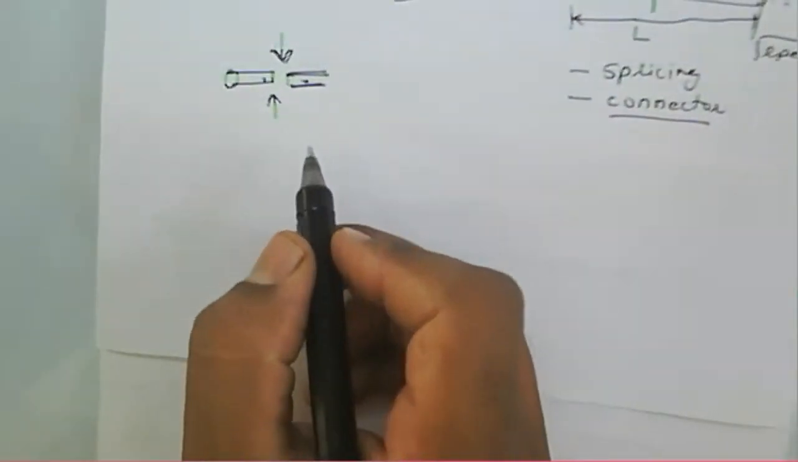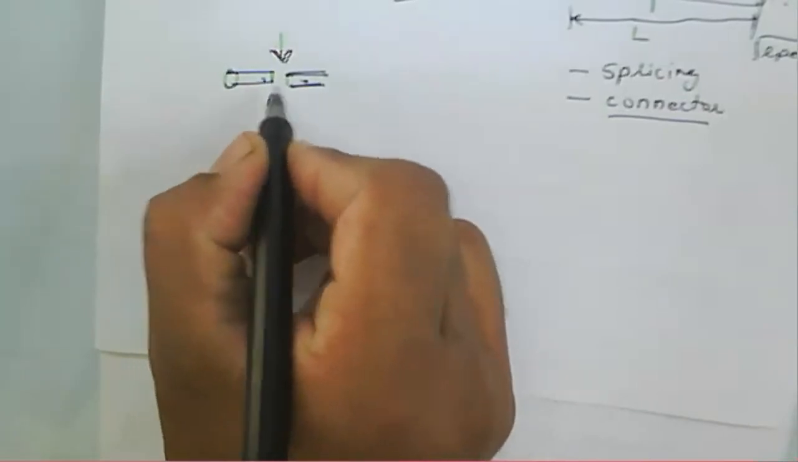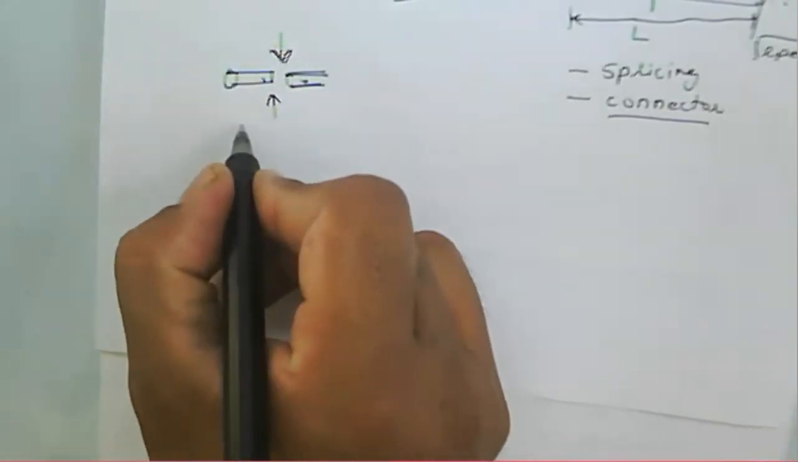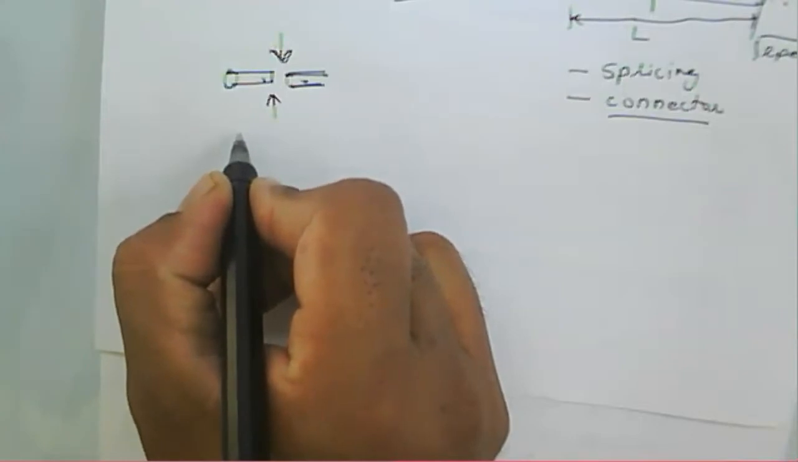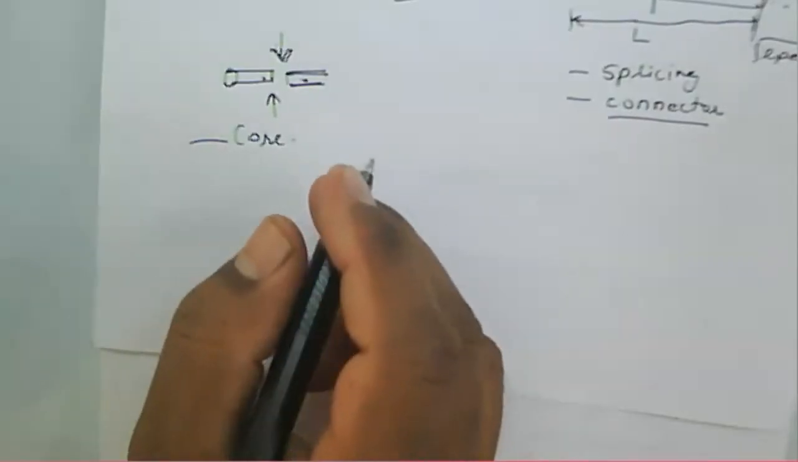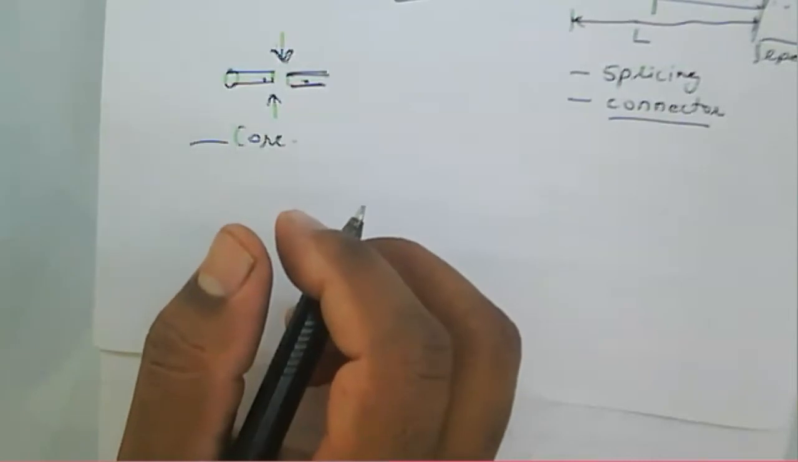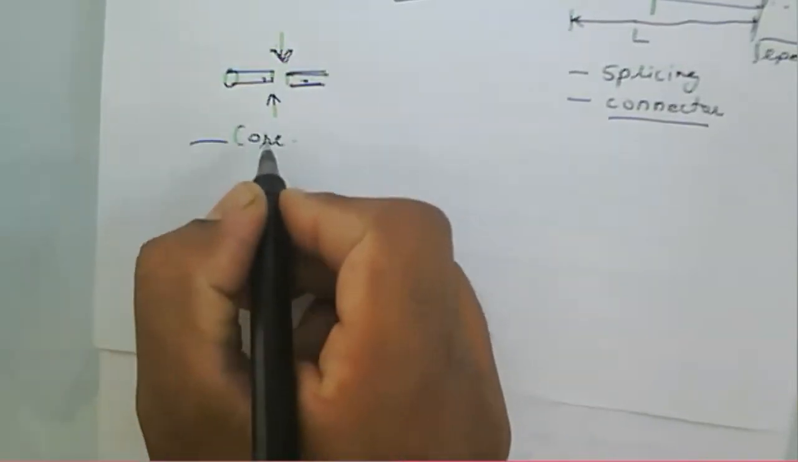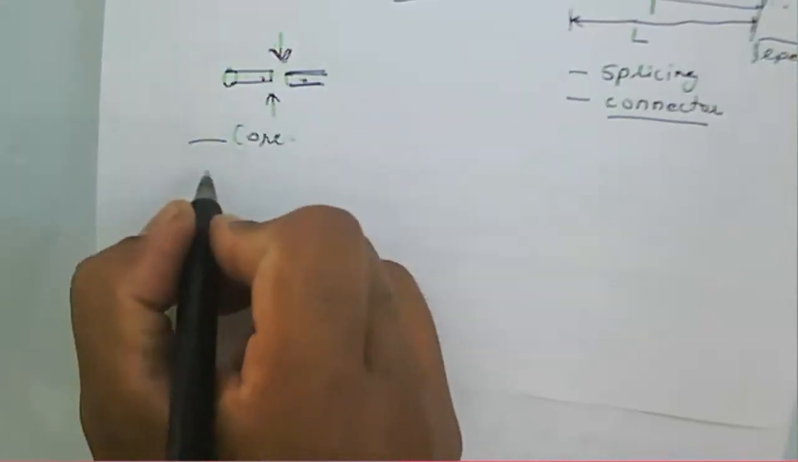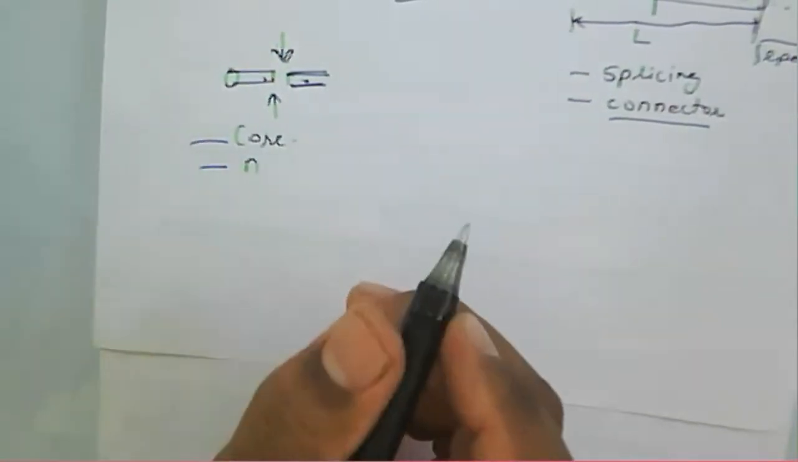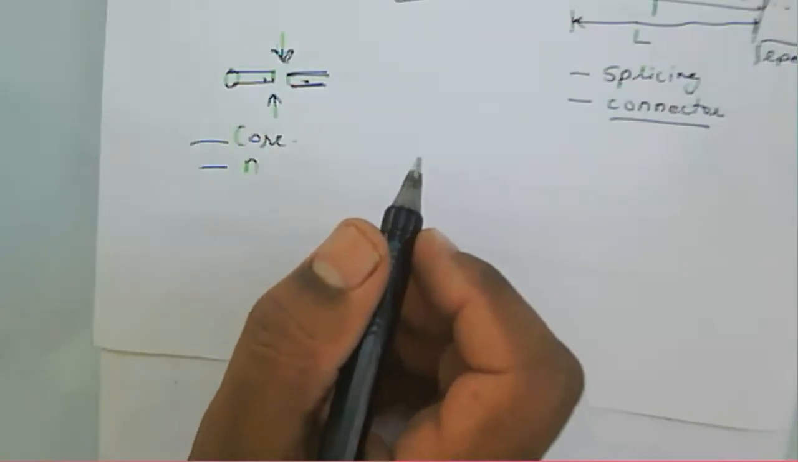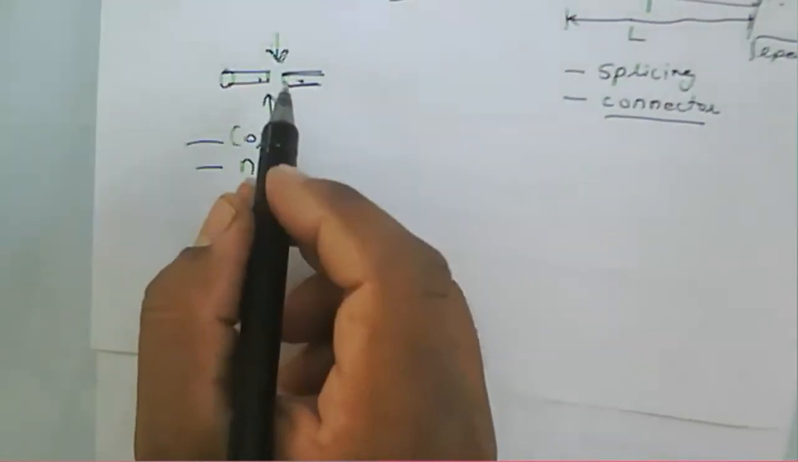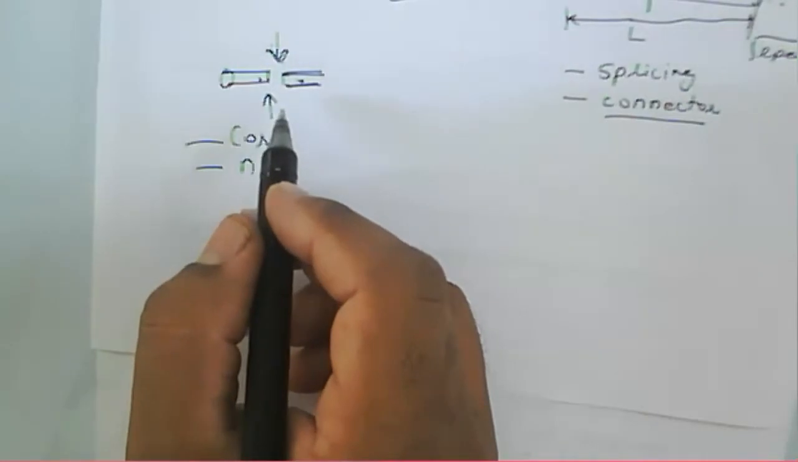Now we will learn how these two fibers are joined together. When we are connecting two fibers, we need to match the core size of the given particular fibers. Another thing is that we need to match the refractive index of the given particular fibers. And then we can connect the two fibers there,